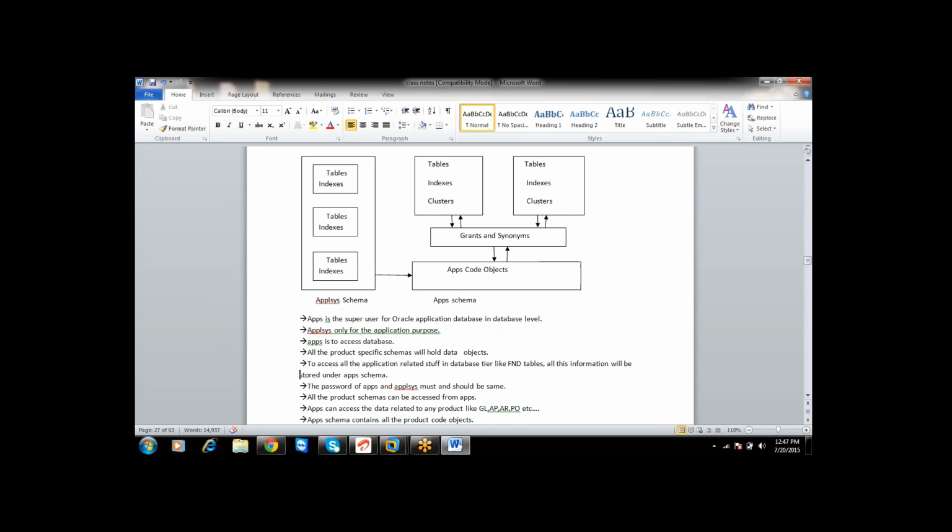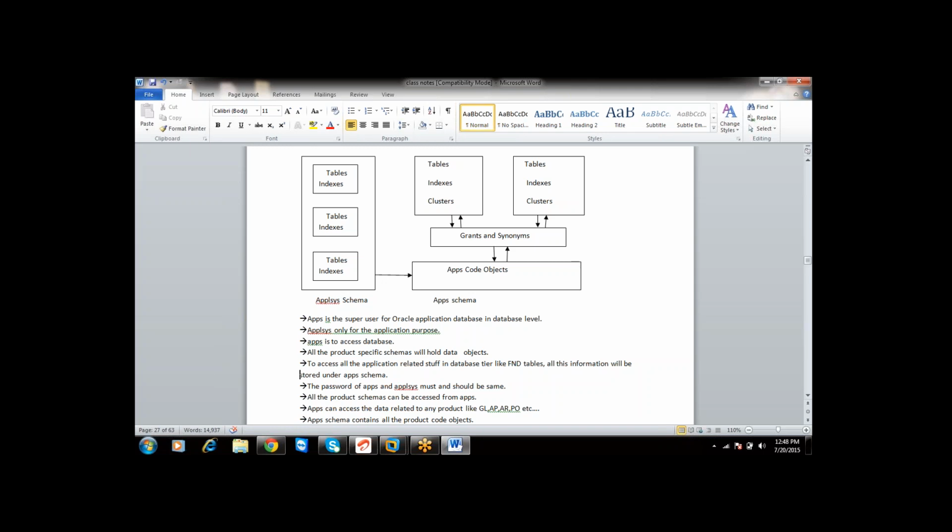But what is the use of connecting to the app schema, if at all a user is going to make changes to any of the synonyms in the app schema? It is anyway going to reflect in the main schema. So instead of doing that, you can directly connect to the main schema and do the changes there as well. There is no one stopping you. Yes, you can do it that way also.